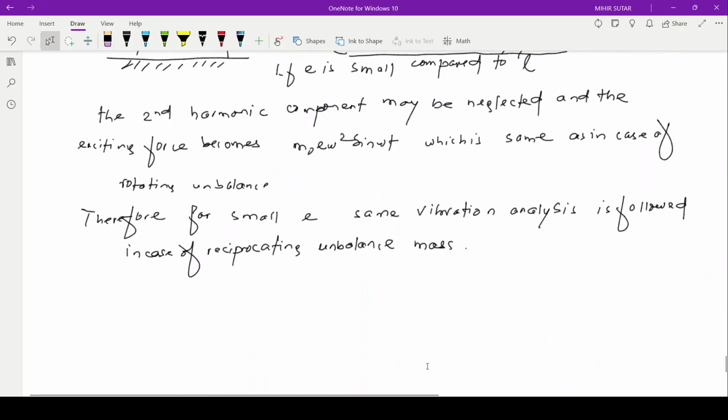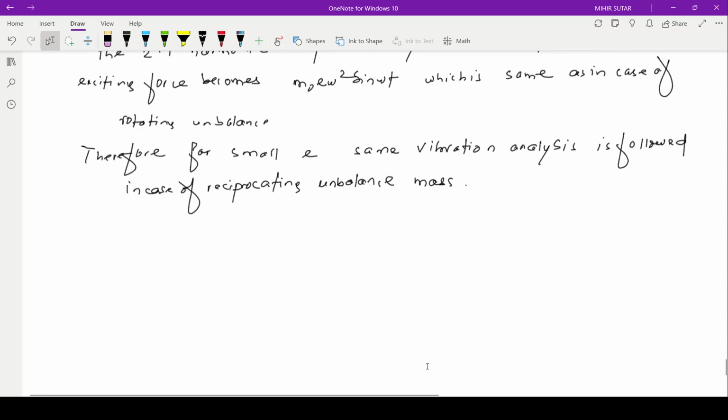Okay, now suppose a question is given like this: that a system of beam, suppose